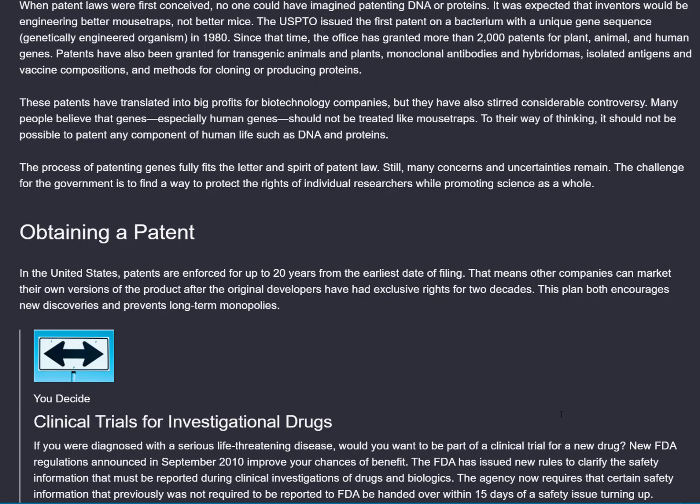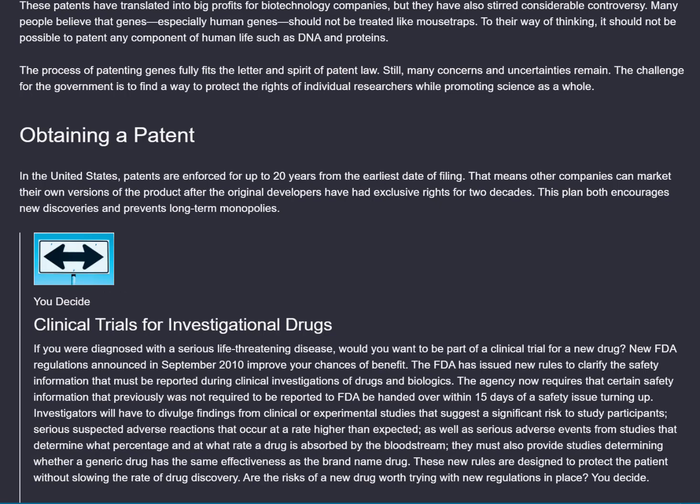Patents have also been granted for transgenic animals and plants, monoclonal antibodies and hybridomas, isolated antigens and vaccine compositions, and methods for cloning or producing proteins. These patents have translated into big profits for biotechnology companies, but they have also stirred considerable controversy. Many people believe that genes, especially human genes, should not be treated like mousetraps. To their way of thinking, it should not be possible to patent any component of human life such as DNA